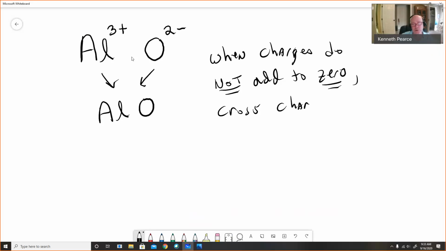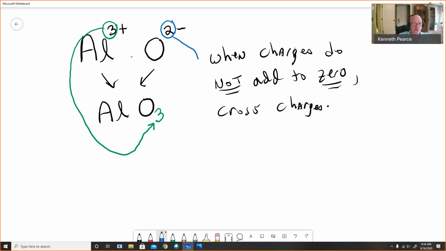Now, when we cross charges, what we're doing is making sure that the total is going to be equal to 0, because that's what we have to have for any ionic compound. What we mean by crossing charges is whatever the charge is, we cross it over to the other one. Now watch this. I'm crossing just the number, not the charge. I'm going to cross just the number over to the oxygen. There it is. And I'm going to take just the number off of the oxygen, not the minus part, and cross it over